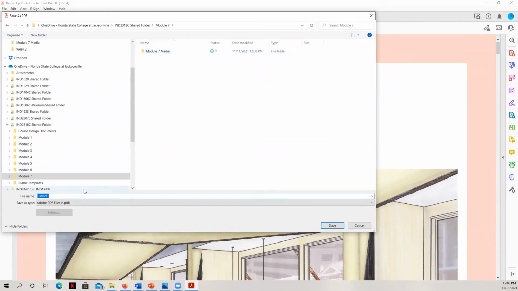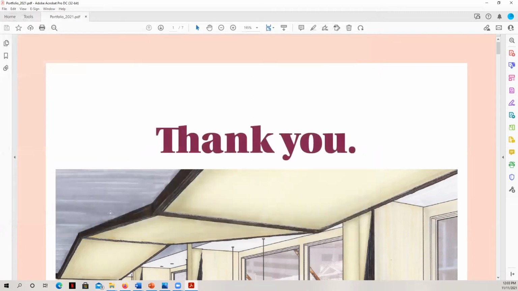And you can name it whichever you want. I tend to put my name and the year so that I have it as a reference point later, so I can look at my portfolio year over year, or I can start to access old portfolios to bring elements in and kind of combine them. So you can save it as anything you want. I'm going to just call this for right now portfolio 2021. And I'm going to save it. So you can see the name will change here.